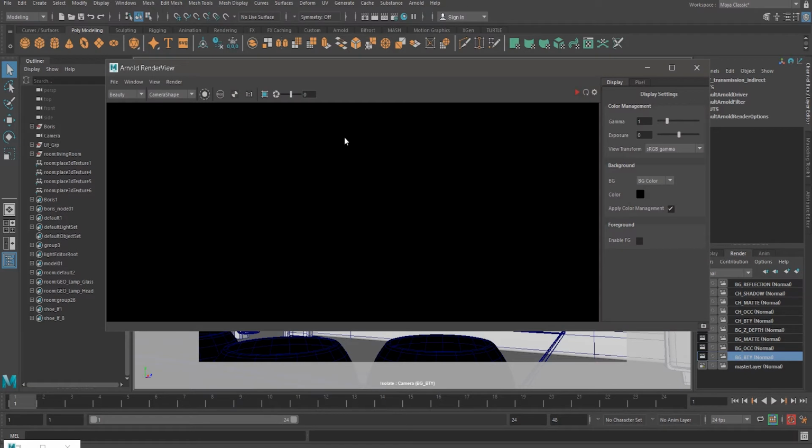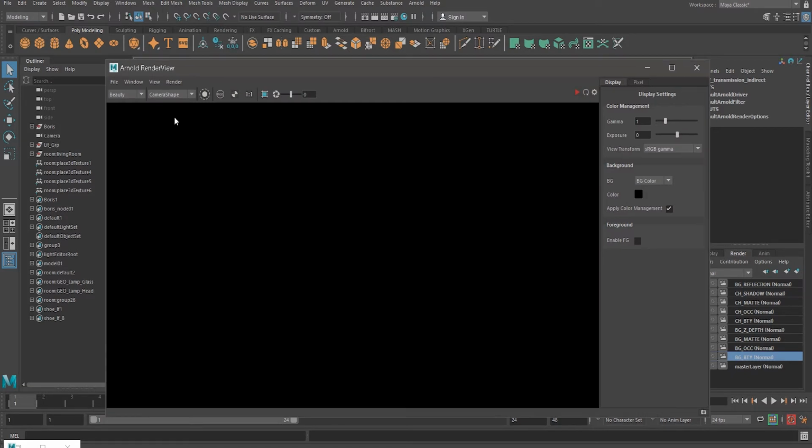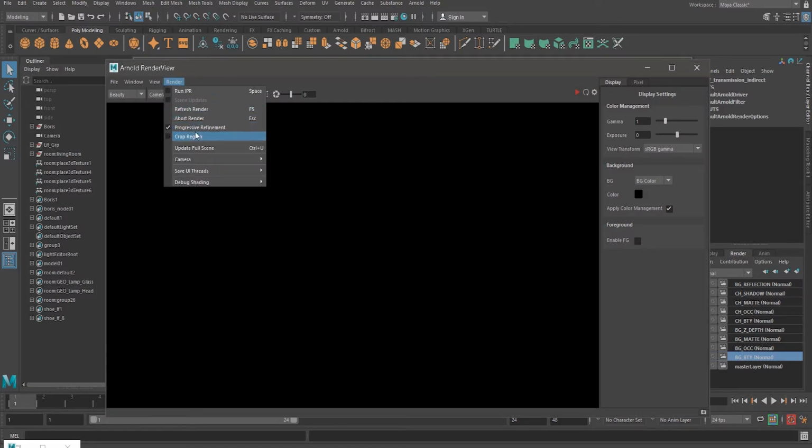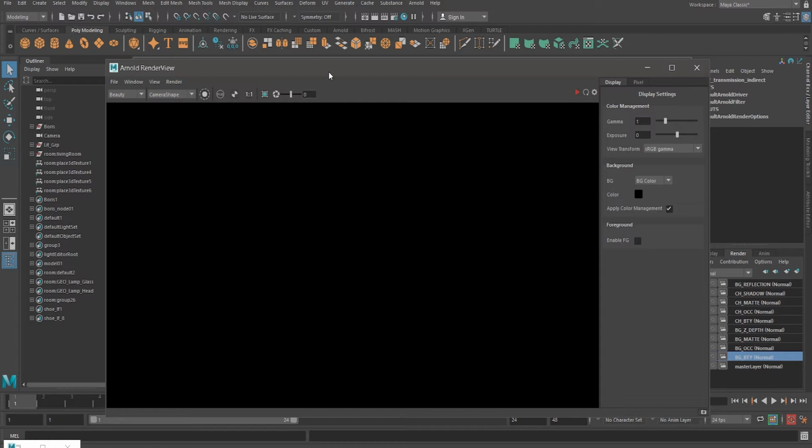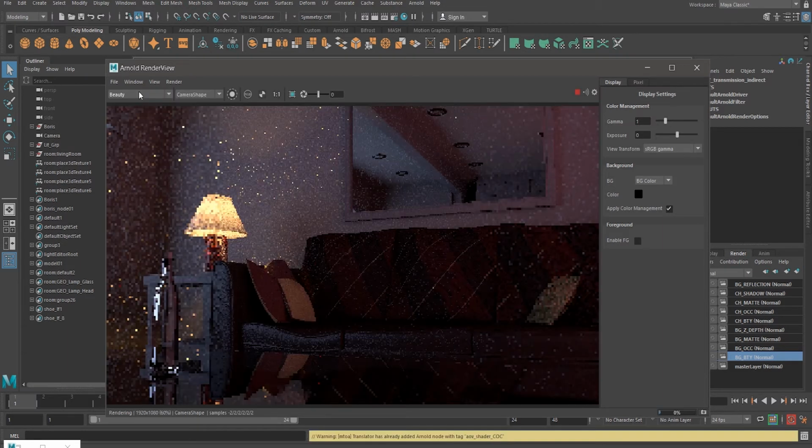Okay, and here go to render and make sure progressive refinement is on, so that we could see this render ASAP as the render starts. So press on this button. You can check all the AOVs in here. In this button you have to click the down arrow.